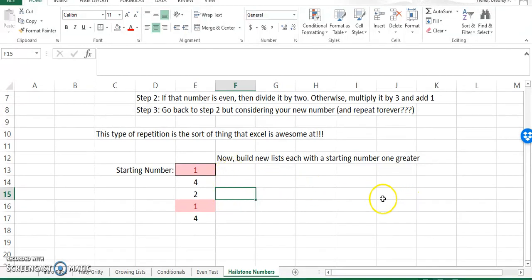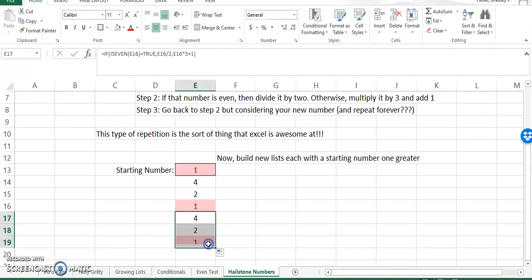I have programmed this sheet to specially show you the number 1. So maybe there's something interesting about the number 1. Looks like in this case it's just going to repeat. 1 turns into 4, 4 turns into 2, 2 turns back into 1, and so on. So I think that this one's going to repeat forever. 1, 4, 2, 1, 4, 2, and so on. So I'm no longer interested in the number starting with 1. I think if I start with 2, it's going to be equally uninteresting, but what I wanted to do is